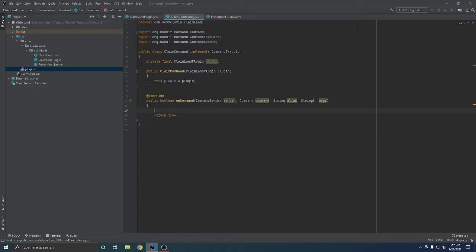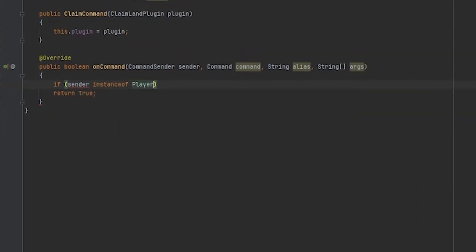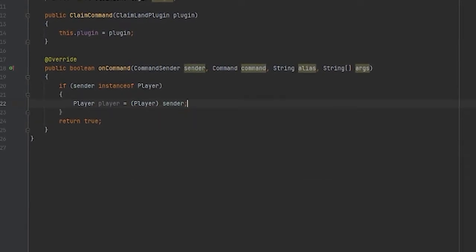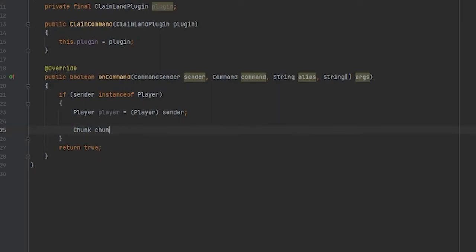I've gone ahead and created a class for our claim command already. The first thing we want to do inside of this method is make sure that the sender is an instance of a player. And then we want to create an object to hold our player. Since our plugin is for claiming an entire chunk, we can go ahead and get the chunk that the player is standing in by getting the player's location. And then we can use that to see if the player is inside of a chunk that has already been